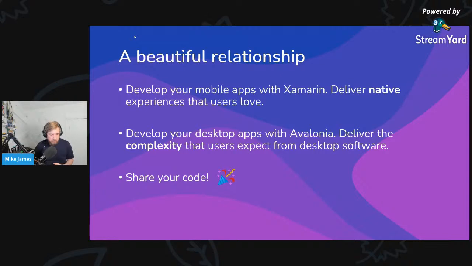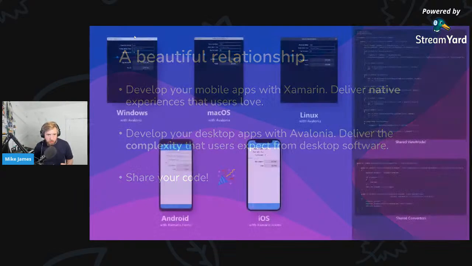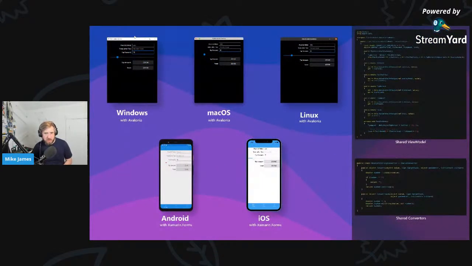And as I say, you can build these complex applications with Avalonia for the desktop. And that doesn't mean that you have to rewrite everything. You have the ability to share your code. And that's actually how we got to have this session today. And don't worry if you can't see the code on the right-hand side. This is just an image from a tweet that I sent out last week or the week before, I forget now. But it shows a sample application,